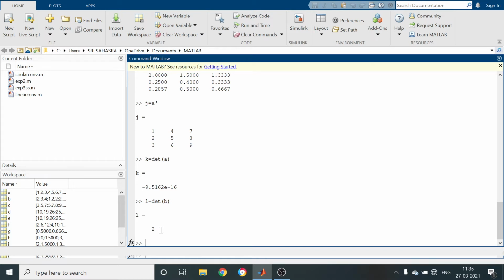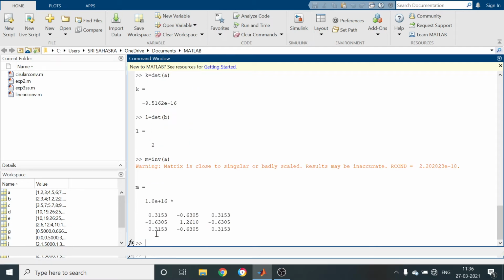In the mathematical procedure, it is a somewhat lengthy and complex process when the order of the matrix increases. But when you do it in MATLAB, it becomes easy. So here I am going to take M equal to inverse of A. What is the warning it gave here?